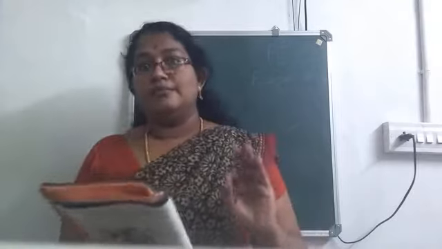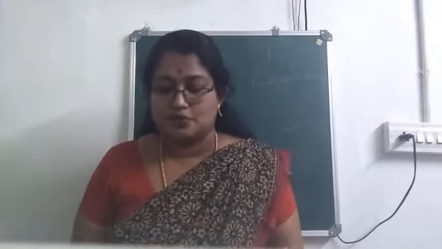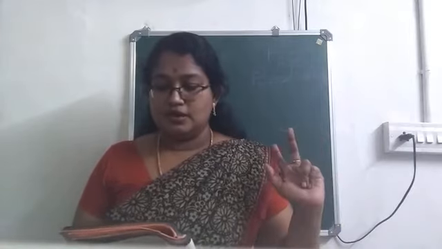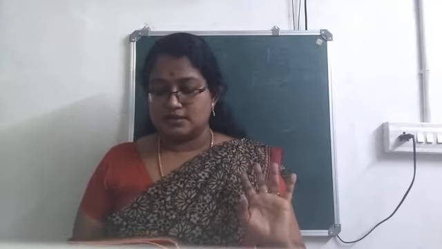Then the next one, long answer. So you have to write question number 5, 6 and 7 from short answer questions. Long answer questions, question number 3, 4, 5 and 6. This is a little bit explanatory. So don't make it so lengthy. You can just write it. Limit it. That means don't stop it with 1 or 2 sentences. Give importance to the energy transformation. And the diagram is important in the case of a simple pendulum. 3, 4, 5 and 6. Okay. So these many question answers you have to write.